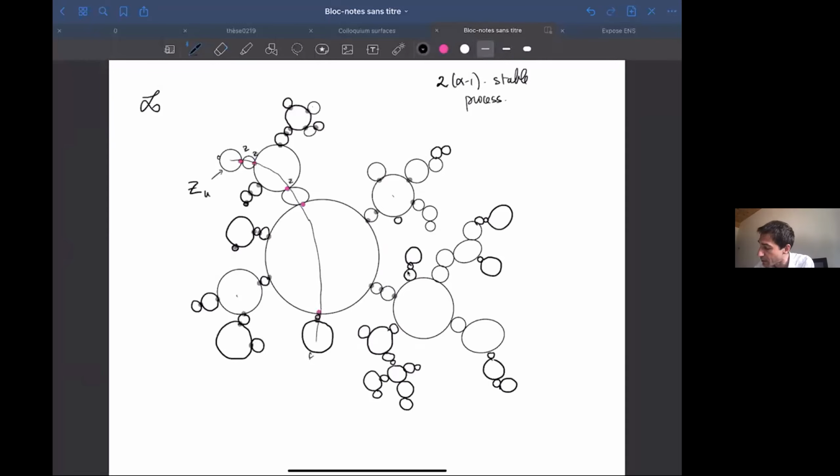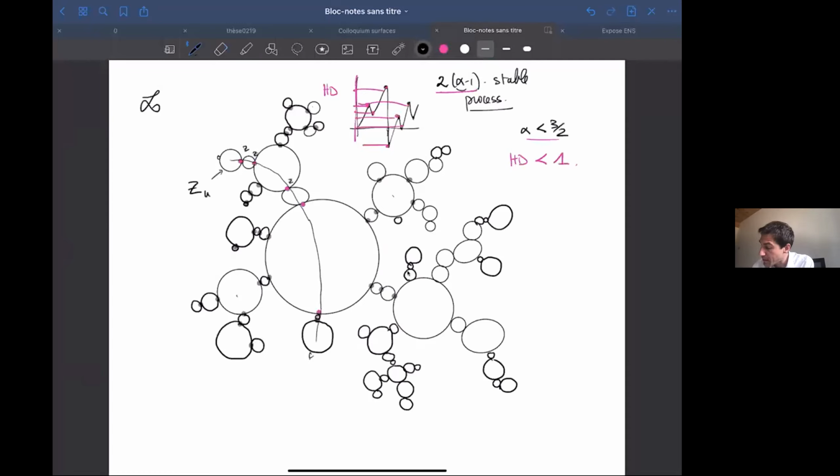And imagine, for example, that alpha is small. Imagine that alpha is less than 3/2. Then this stable process looks like, you have some values up, up, up, up. And the range is all the values that have been taken by this process. This is a closed subset of Hausdorff dimension, which is this one. And when alpha is less than 3/2, this Hausdorff dimension is strictly less than 1.